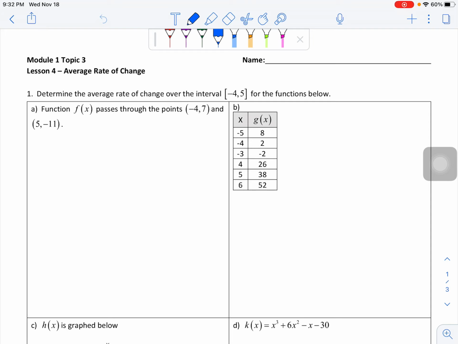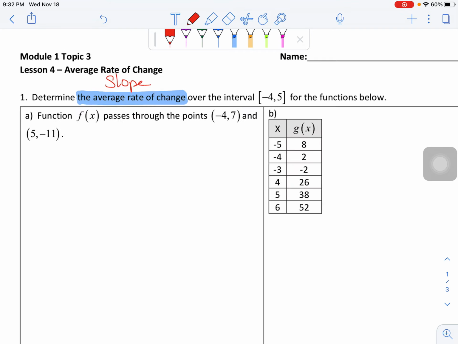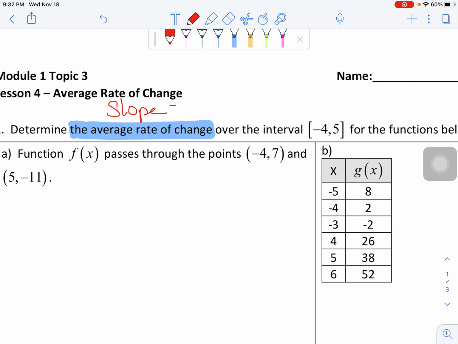In this video, we're going to talk about something called average rate of change. Now, you might be thinking, well, I've never heard of average rate of change. What is it? Well, I think the reality is you probably have heard of average rate of change, but you've heard it as the name slope before. And it's not exactly the same thing, but you can basically find it the same way,